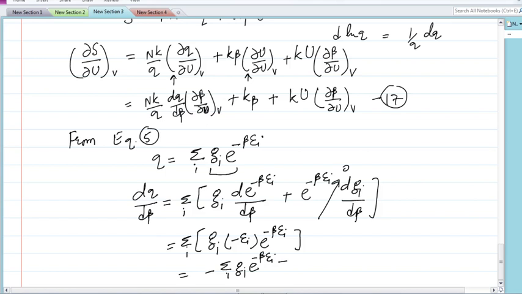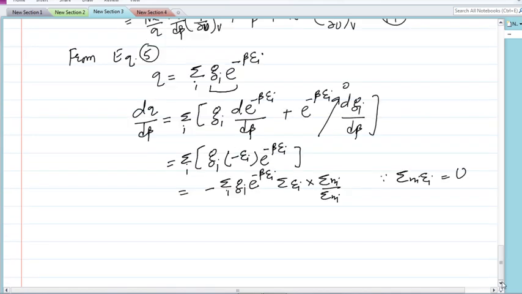We can multiply in the numerator as well as the denominator by summation ni. Why? Because summation ni ei is basically equal to u. We have to make it like that, so this will turn out to be